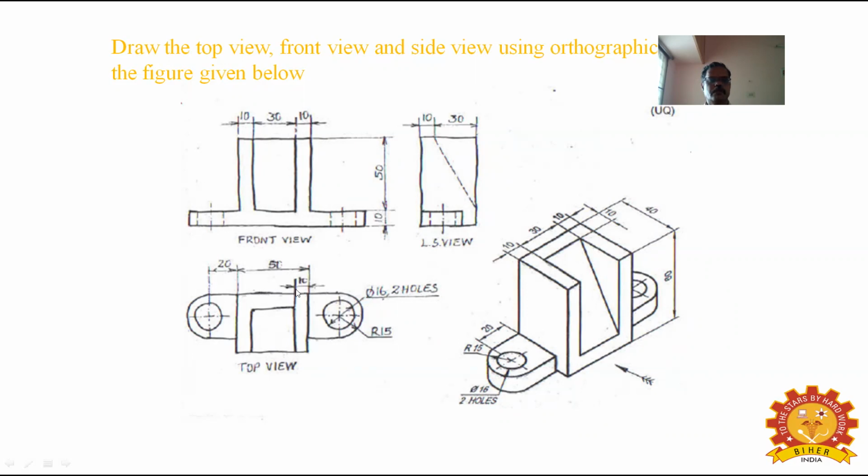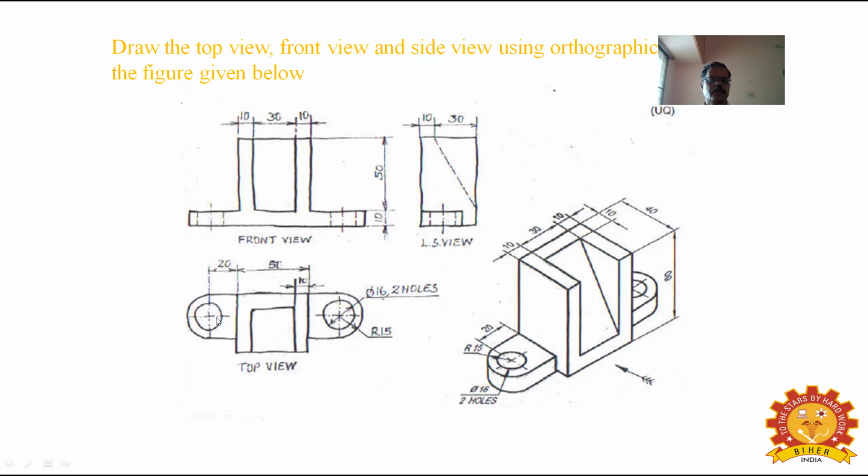First, to draw the top view, draw the C-shaped rectangle first. The 10, 30, and 10 length is given as 40 mm. First complete this C-shaped rectangle of width 40 by 50. On the left-hand side, you have to draw the collar. The center point of the hole is given as 20, and from that you have to draw